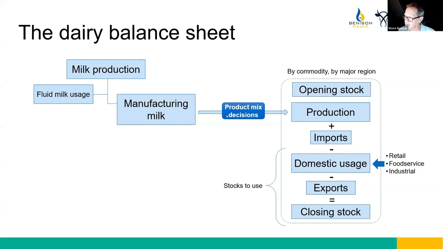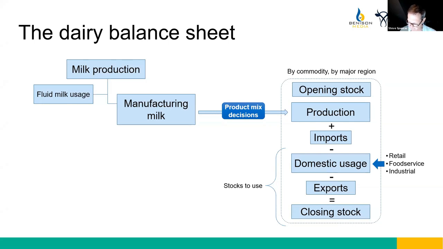What our business has done is build a platform of analysis to analyze this across the major exporting regions and into those global markets. That platform allows this to be simulated over time in an outlook, so that we are looking at the dynamics that impact all of those variables through those balance sheets, across the regions and across the dairy commodities: skim milk powder, whole milk powder, butterfat, cheese, and the whey products as derivatives. So the global marketplace from a developed sense is very complicated.